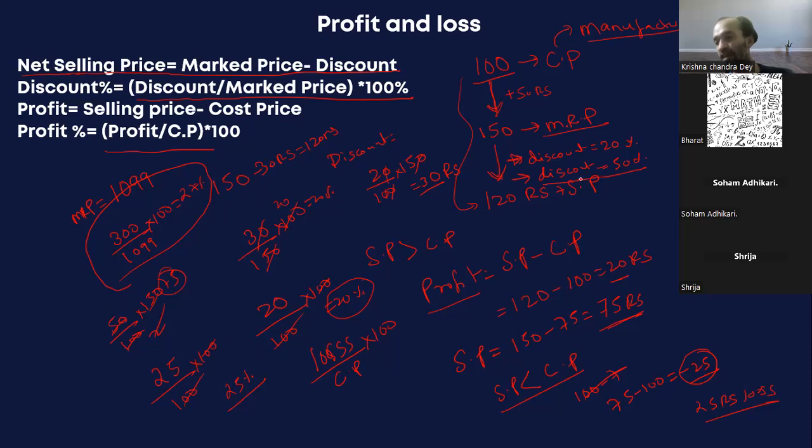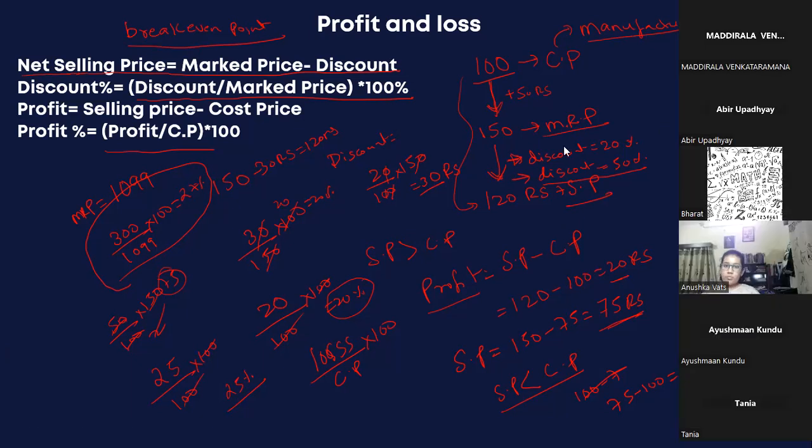So as I increase my discount, my selling price will come down. There is another term you will get, break-even point. What is break-even point? Break-even point means zero profit, zero loss, when your selling price is equal to the cost price. They might give you a question in which MRP will be given and ask what should be the discount percentage so that the seller or the retailer is making a break even. Break even means he is neither getting a profit nor getting a loss.